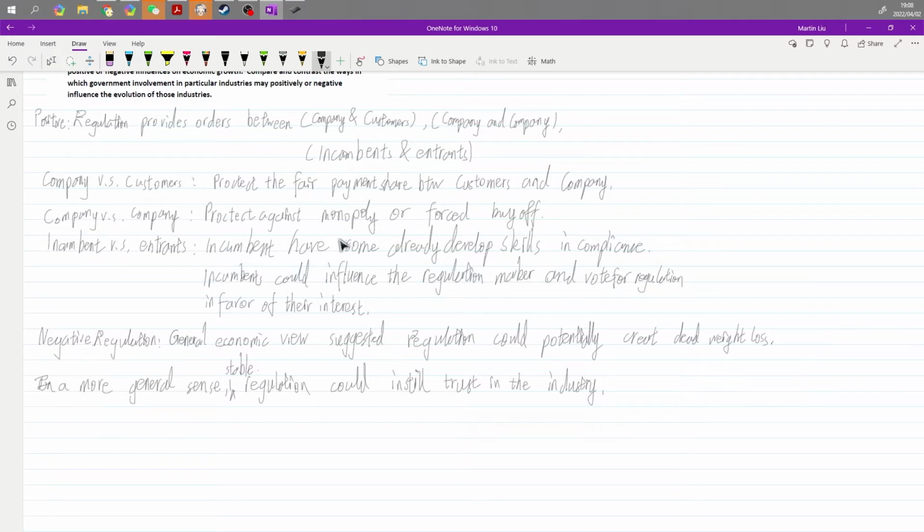This kind of thing also happens very frequently in the financial market. Whenever you see a depression in the financial market, you will always see some kind of new regulation coming out. For example, in the 2008 financial meltdown,